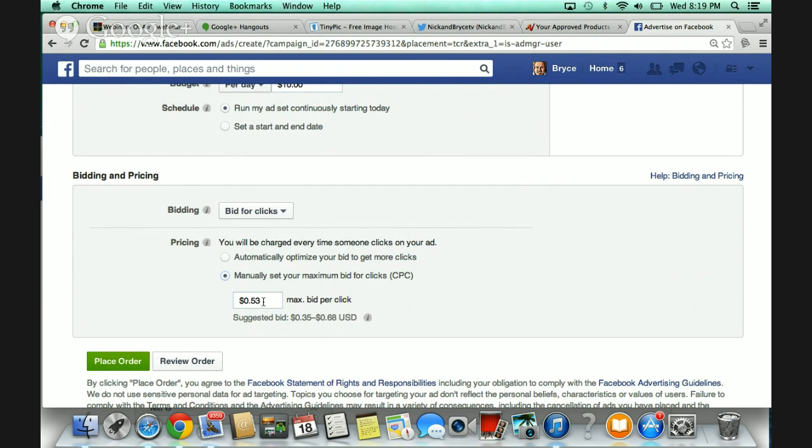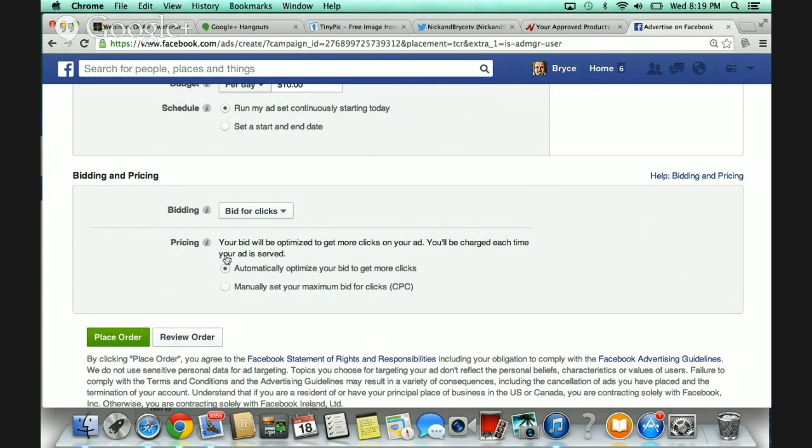But we get some people that bring it down to 20 cents, and they go, why am I not getting anything? It's because people are beating you on the bid. It's a bid war, and people are bidding for your clicks, and they are looking for the same stuff. If you're in the same realm as them, this is how you've got to compete with them. So keeping it optimized simply tells Facebook that I'm willing to spend between that, make it work, and give me the most clicks. And Facebook works for you.